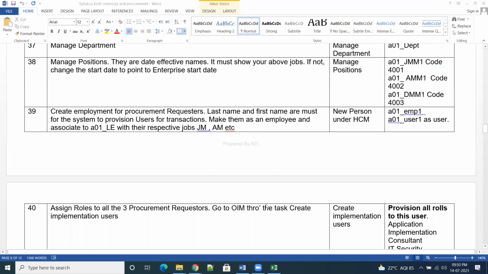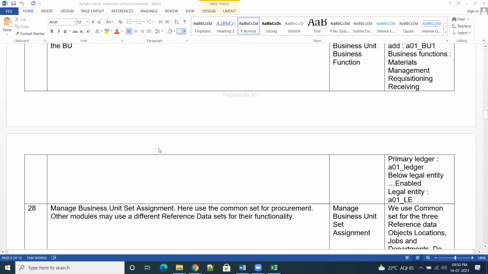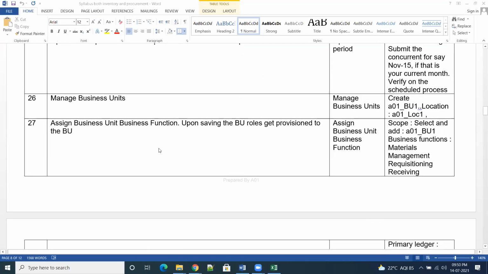Hey, these job roles, please prepare them, either you, Manju, or Ramana, because I have given all the job roles to you, Ramana. You prepare that Excel with all the job roles for order management, procurement, and inventory.